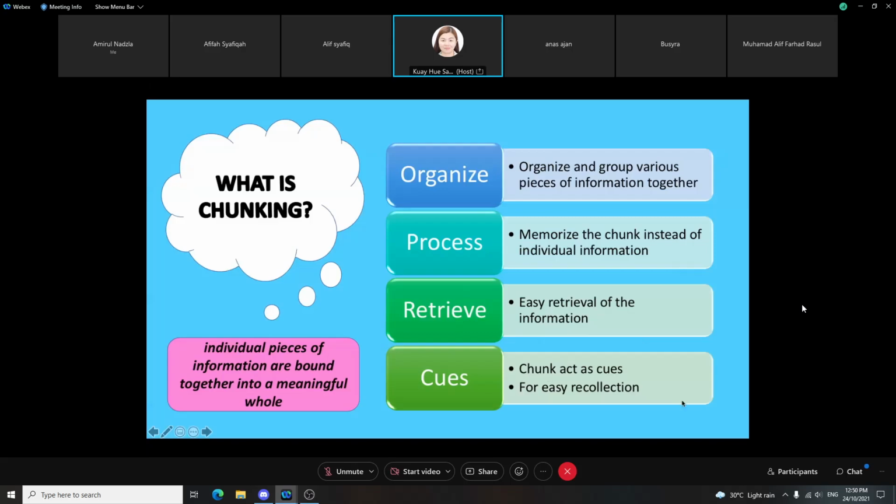Like you remember the word of it, like you put that into mnemonics of OCEAN, conscious, conscientious, and all that. So that's the reason why I'm able to remember, for instance, for so many years, what it means and then how it goes. Okay, so for easy recollection as well. Okay, so it means when you do chunking, you put individual pieces of information that are bound together into a